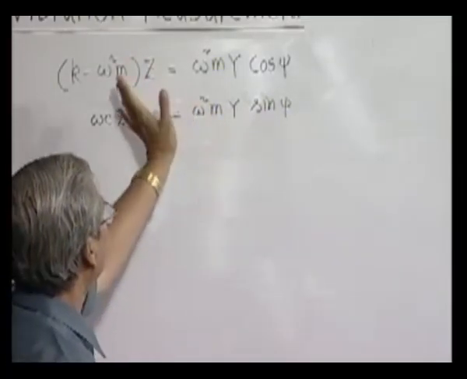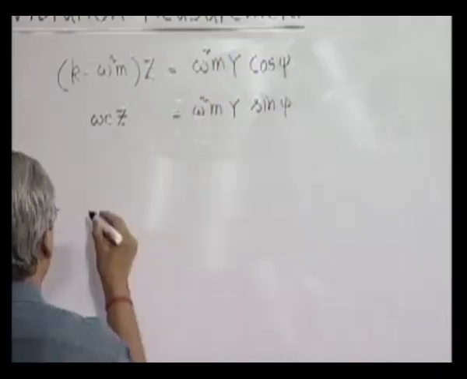Now dividing both sides by this quantity which is common, and squaring and adding, we get